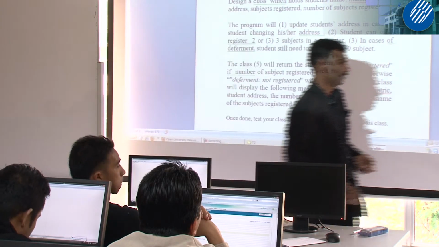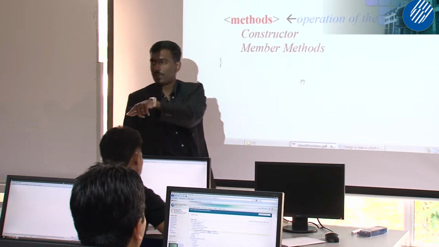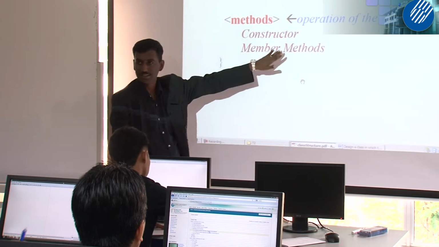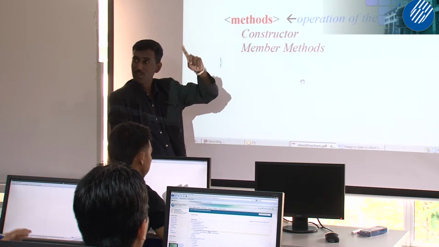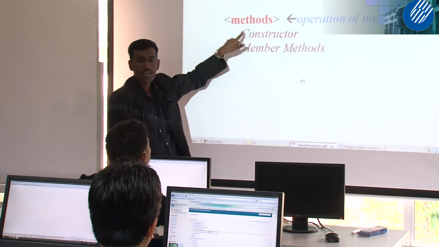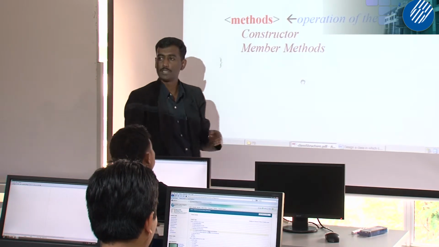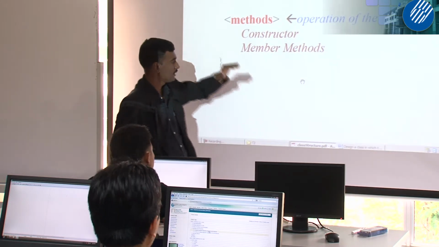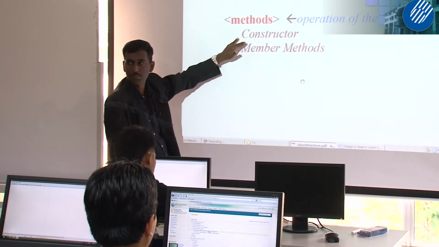Earlier I showed you the class structure. There are 2 types of methods, constructor and member methods. The ones you discovered in the scenario are member methods. How many member methods did you discover? 6, right? Then I said another one you need to add. That another one is constructor. Same like member methods, you can have more than one constructor. You can have 1, you can have 2. But in our problem that we want to discuss, you only have 1. So it's like 6 operations plus 1 constructor. Don't worry about the meaning of this constructor, I will explain later.